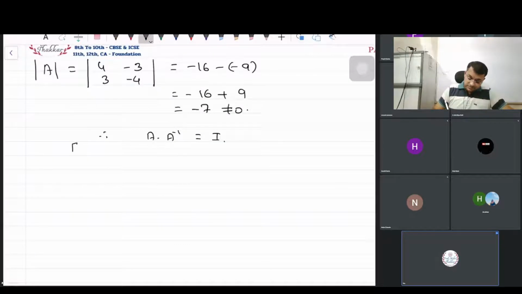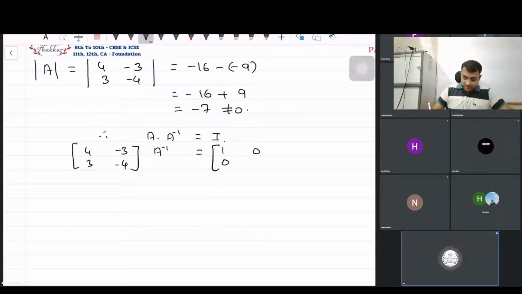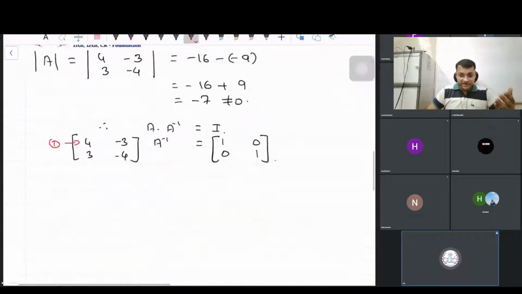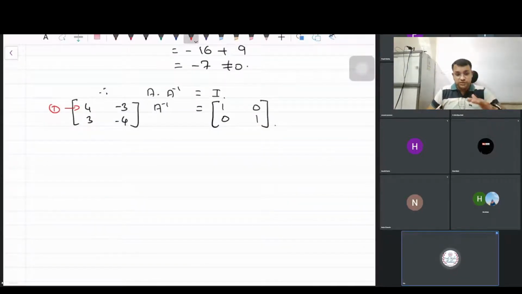Now, the next thing is very important for you to understand. So please listen over here. Do not write this now. 1, 0, 0 and 1. If you remember, I told you in the beginning that I have to make the first element into 1. I already explained you how to convert that element into 1. And I am sure everybody is comfortable with that. But in the very beginning, if I divide this particular row by 4, see what will happen. Generally what I do always, do not write this. I am going to erase this off and I will do something different.